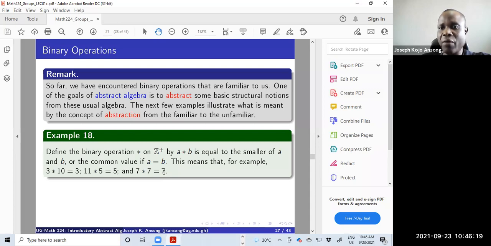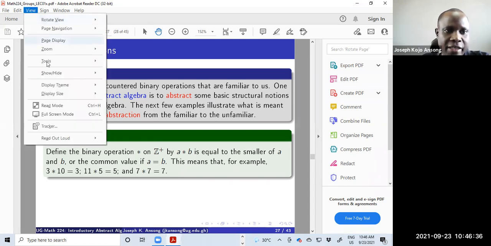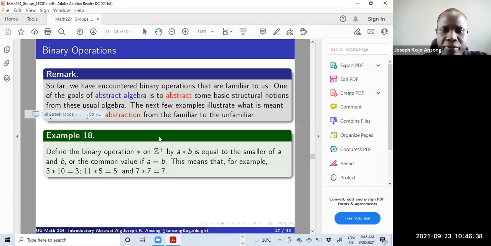Okay, so that is how I defined this operation. All it does is that if you have two elements operating, you just pick the smaller of the two. Of course, you can think of an application of this. So for instance, suppose you enter any shop,